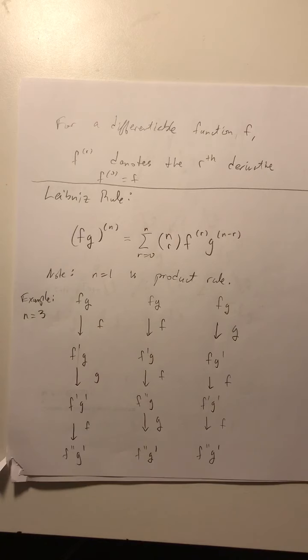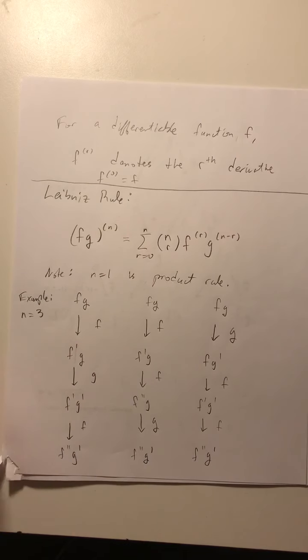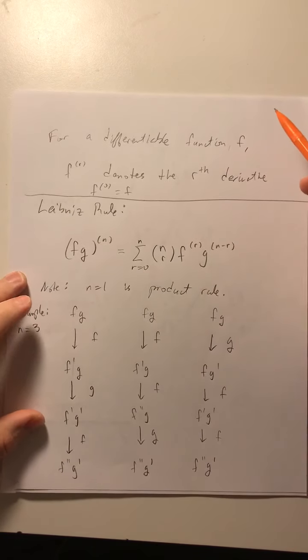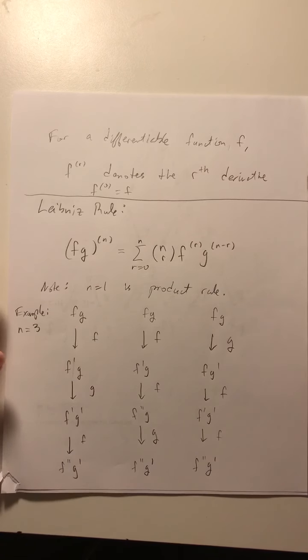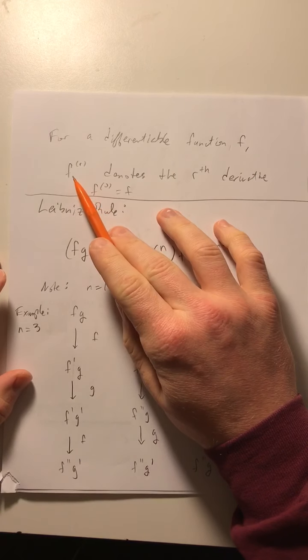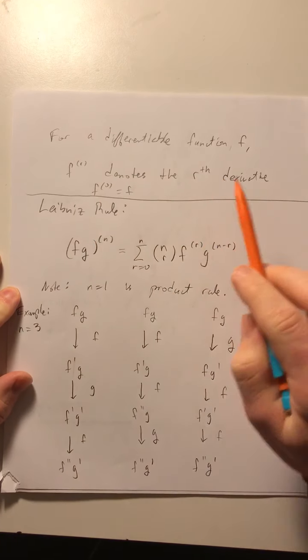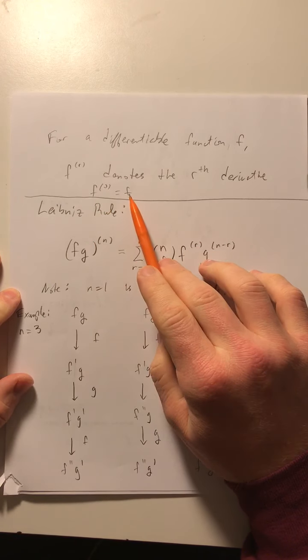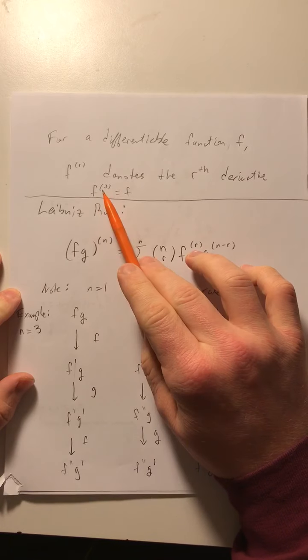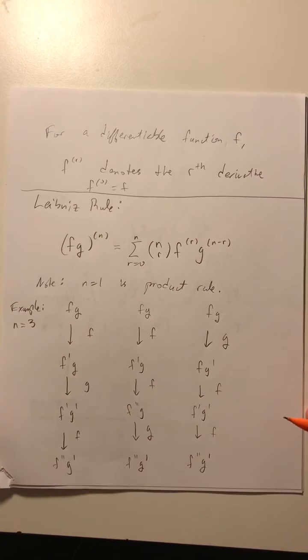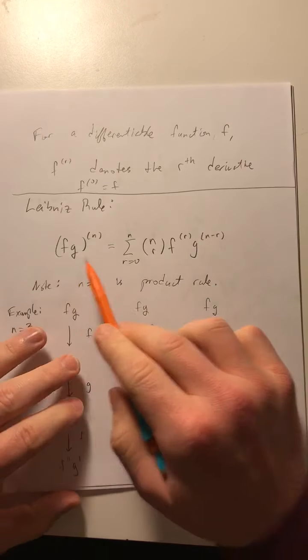So I want to look at another application. Let's say we have a differentiable function. We've all taken calculus 1, we know what that means. F with a superscript r in parentheses is going to denote the rth derivative. F with a 0 here is just the function because we've taken the derivative 0 times. And we have this thing called Leibniz rule, which looks a lot like